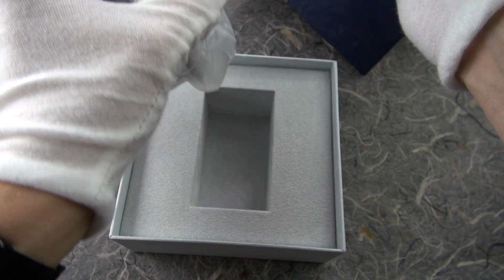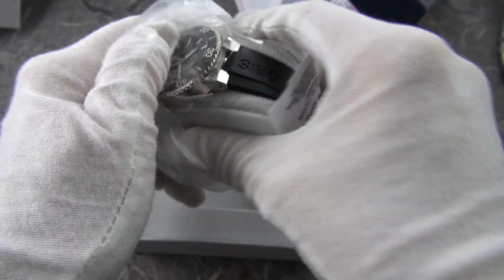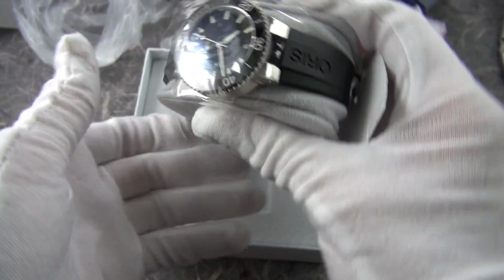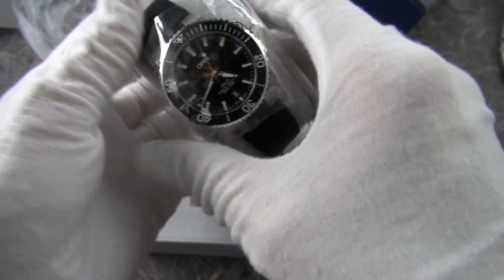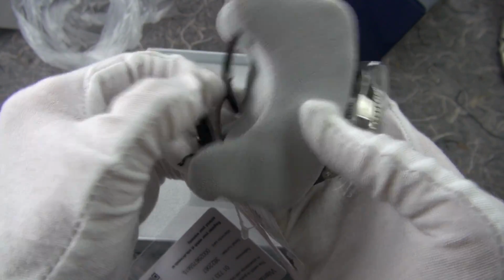Just remove that. That's the whole warranty and everything. It's been a while since I bought an Oris. Oh, there it is. Yes, it's the Aquis. So you could probably guess this is going to happen. This is the 39mm. This is the